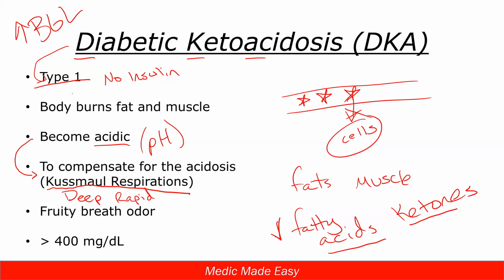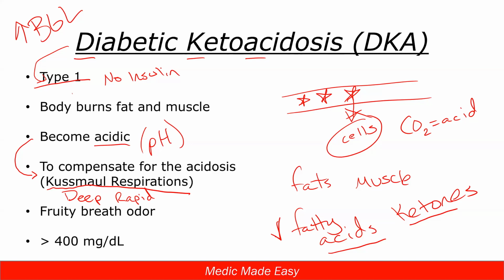So we start taking these big, deep, rapid respirations. We call them Kussmaul respirations. These big, deep, rapid respirations are our body's effort to try to get rid of carbon dioxide, to get rid of that acid. Right? So you can think about carbon dioxide equals acid inside the body. Specifically, if we're retaining too much carbon dioxide, it'll really become an acid. So in DKA, they get those big, deep, rapid respirations.